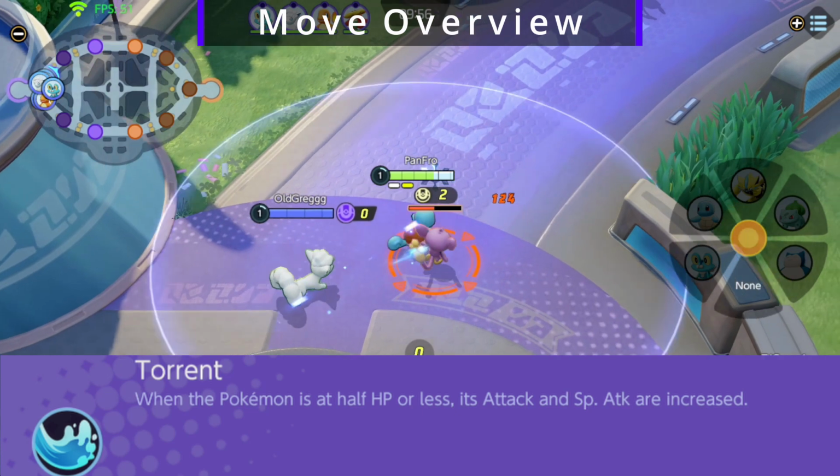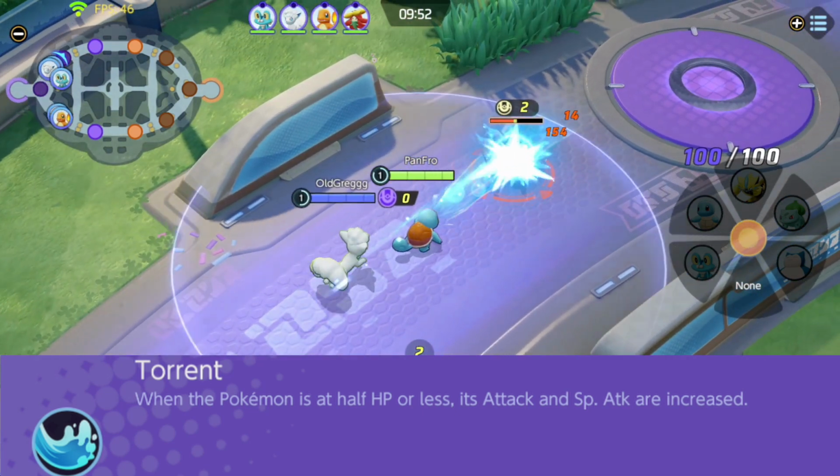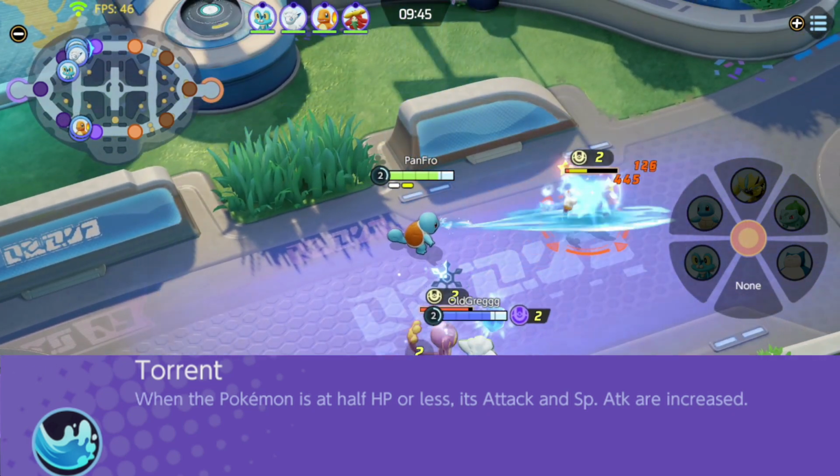Starting with Blastoise's ability, Torrent. When the Pokemon is at half HP or less, its attack and special attack are increased. That's a really good passive, honestly. It may be pretty boring, but it's really good, and it definitely makes Blastoise a threat towards the end of